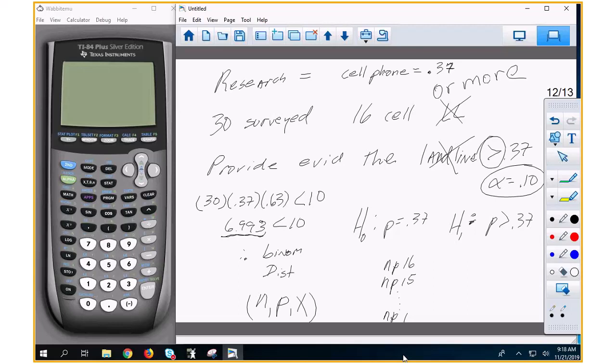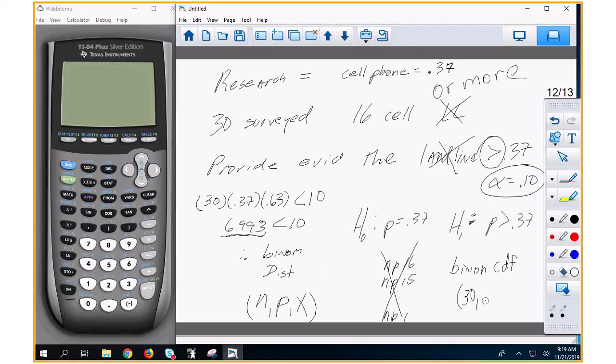What does C stand for? Cumulative. And you're looking up to 15, so you can type in n, p, and 15 on the cumulative CDF. Is it called binomial CDF? Somebody look it up. We don't want to do this the long way. Okay, binomial CDF, I think it is, and our n is 30,